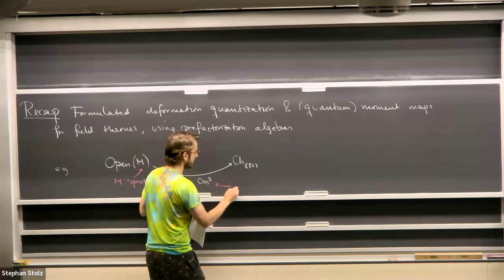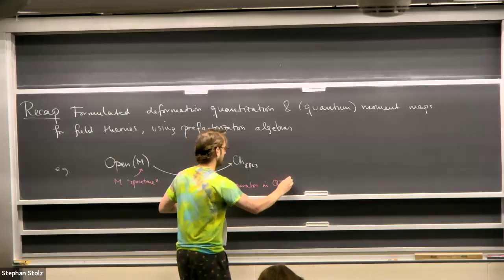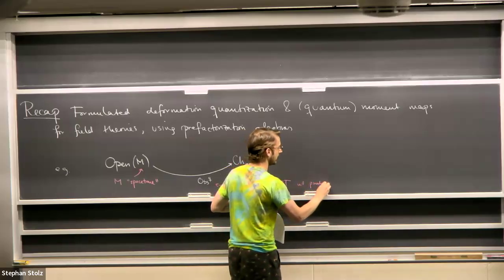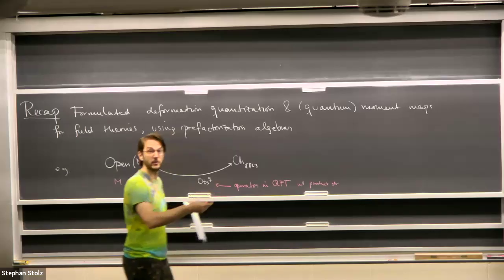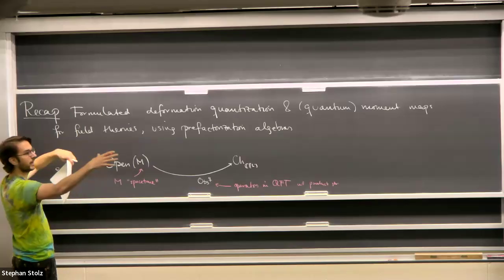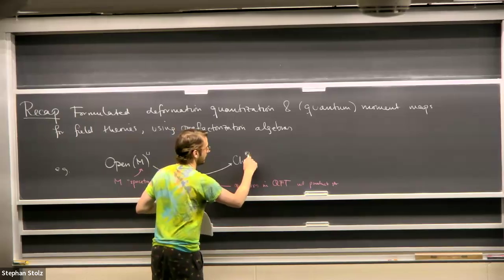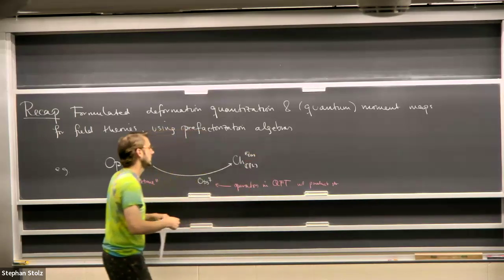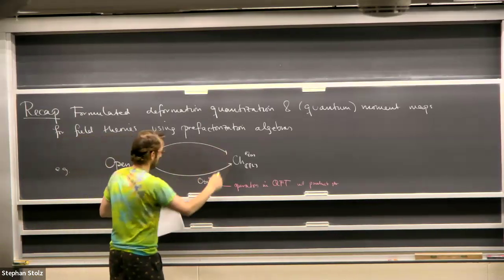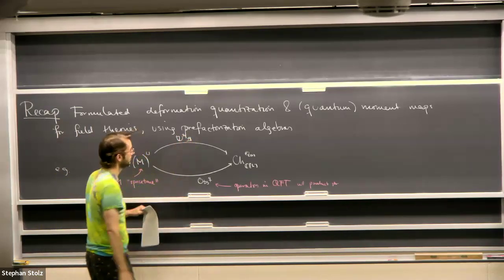And these are the operators in the QFT with their product structure. The product structure is organized by the pre-factorization structure. So I can talk about operators in U1 and U2, and then they multiply into something on U, on V, say. So that's playing the role of the observables. And then we had another kind of pre-factorization algebra